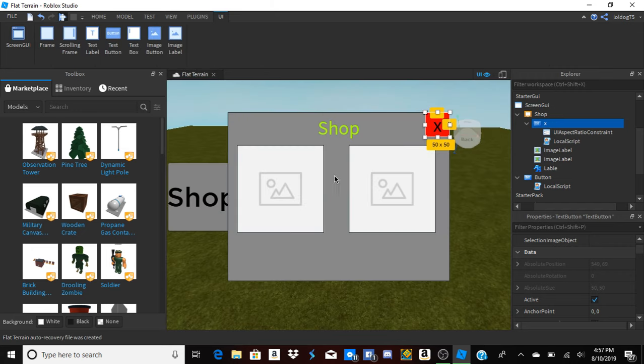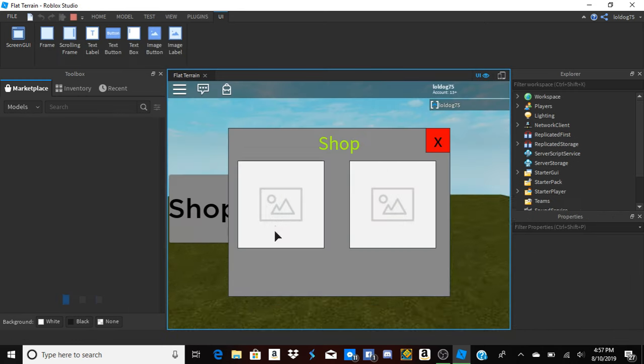So now if we test it, I don't know if this works or not, guys, but I'm really not good at scripting, so now we just gotta wait for this to load. And I think that's all you need to do for the scripting. I don't think you need to do any more scripting than that. I will do another tutorial on how to add game passes in your game and add them as GUIs. I'll do that as a separate tutorial. So if you click on this X,